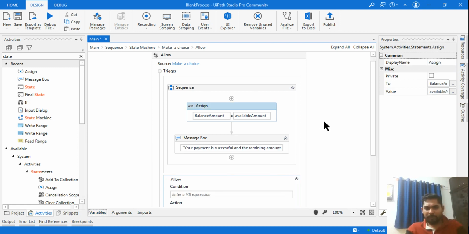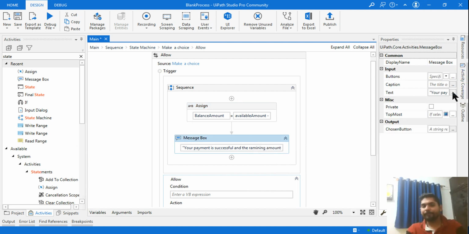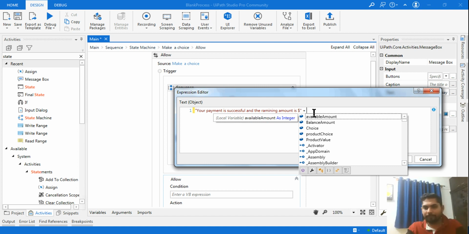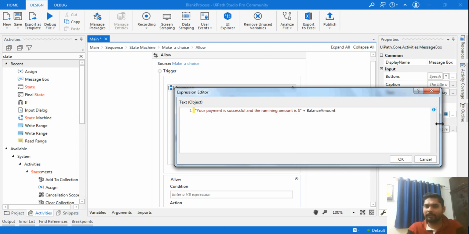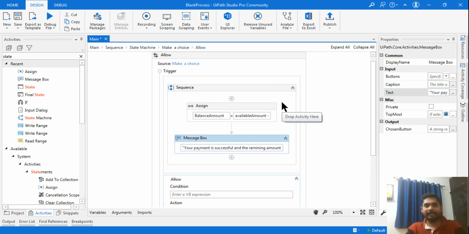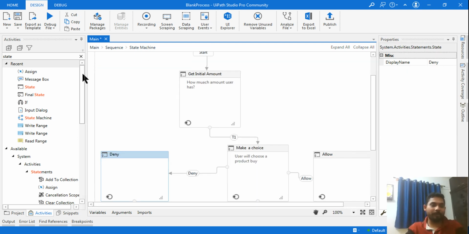Okay, done. So now here in this message box, very simple, I am going to show something. So I'll say plus sign, and I am going to say balance amount. So it is going to show that balance amount. Done. So the entire workflow is done. Balance amount dot toString. Okay, so my workflow is completed. Hope this example is clear. So this is the time now to run it and see whether it is working the way we want it. So first of all, let me click on run.